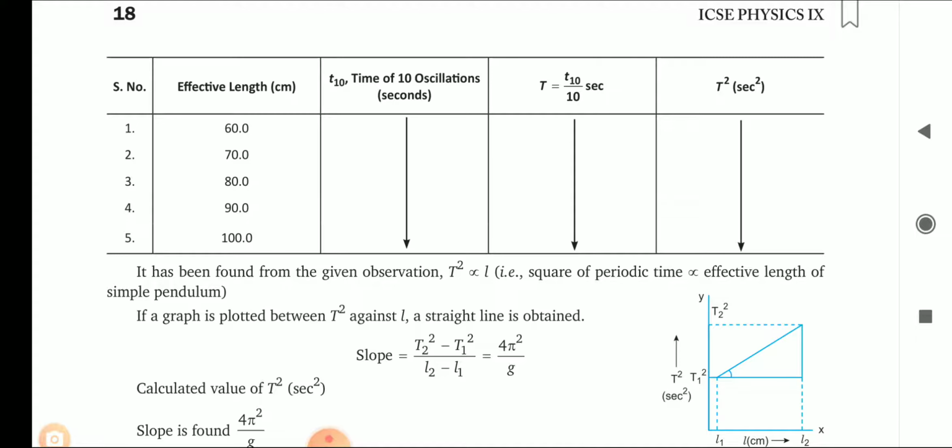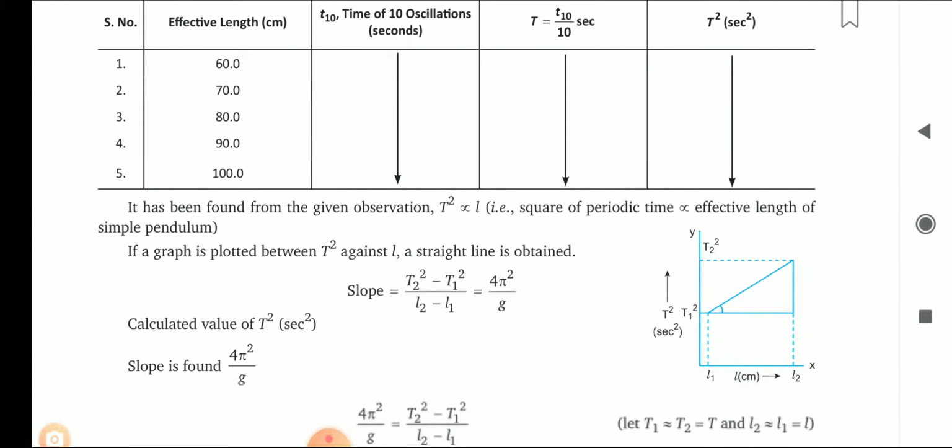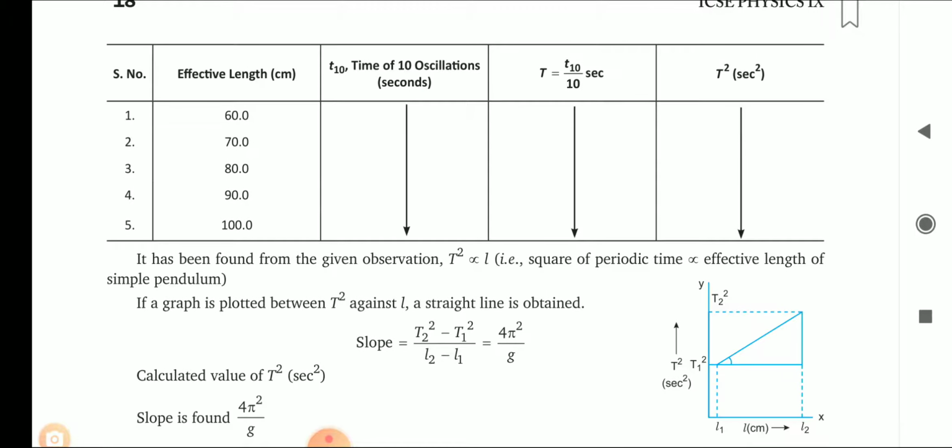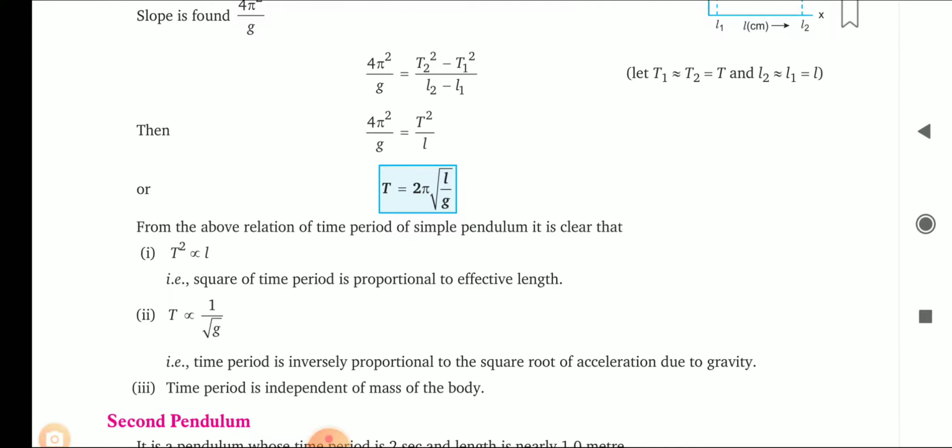Then they have squared it, so we can square it easily. In this way we will just take various readings. Once we will take on 60 centimeter, another time we will take on 70, next time we will take on 80. Okay, so suppose the time required for 10 oscillations is 10 seconds. So 10 seconds is the time required for 10 oscillations. So 1 second will be the time required for